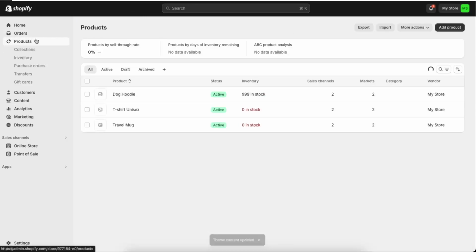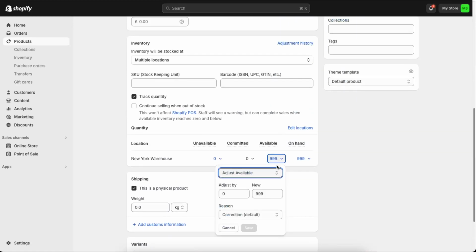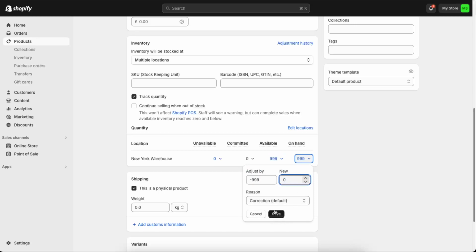And now you will, of course, need to edit that the product is actually out of stock. So let's make 0, 0, and do the same with the new,